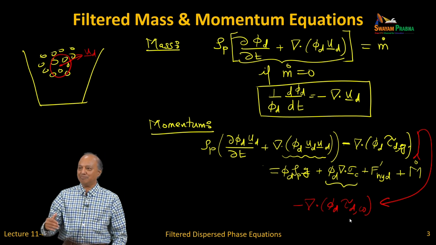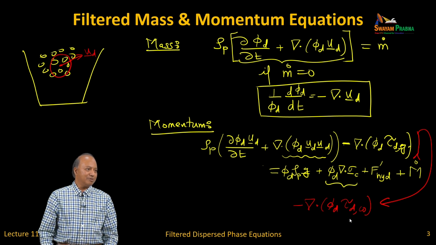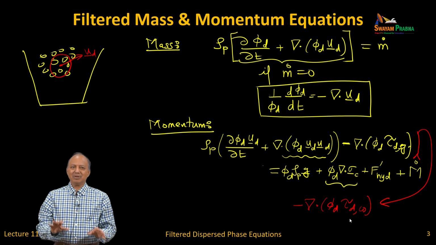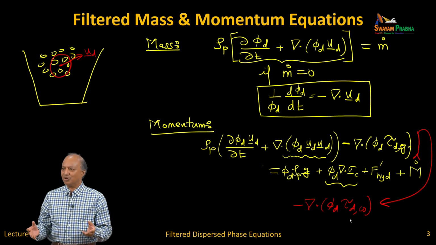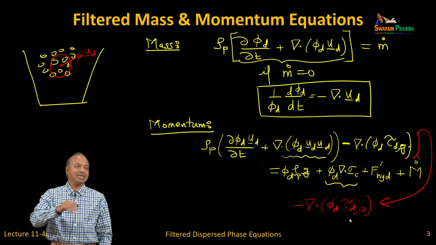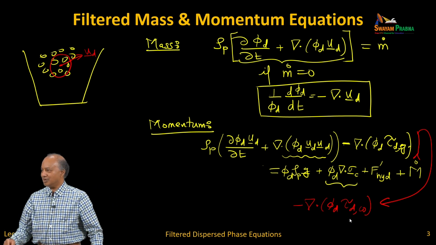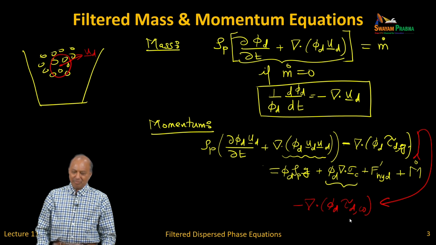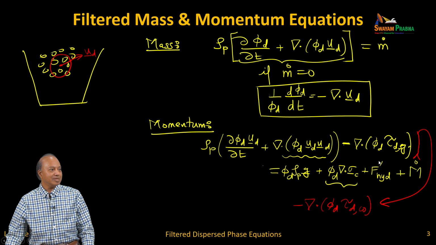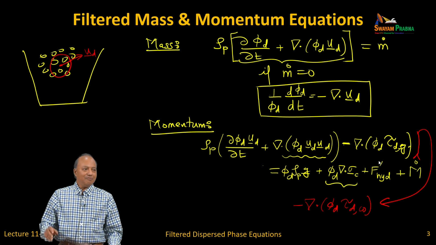Later in my chapter I derive this term, but for now I didn't want to talk about collisional kinetic theory, etc. I said let's just average the way we do for gas, but then let's accept the fact that we have neglected collisions. Collisions will add terms. Terms that did not exist in the gas phase will appear in the particulate phase when you do Euler simulation. One of them is collisional stress, and it looks like subgrid stress. You can think about it, this is not unreasonable. Even without collisions,